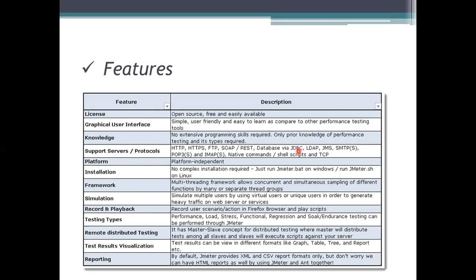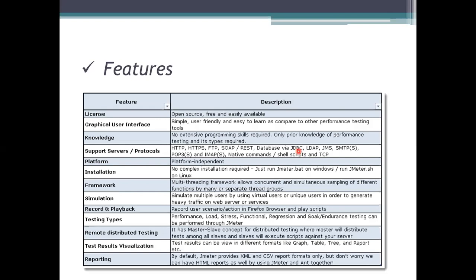It is not saying that to use JMeter you must have complete knowledge about JMeter. If you know what performance testing is, what the types are, and what important aspects are to be considered to perform performance testing, then it will be easy to use JMeter. If you don't have any idea of performance testing, it's not an easy task for that person. So the user should know the prerequisites, which is performance testing.